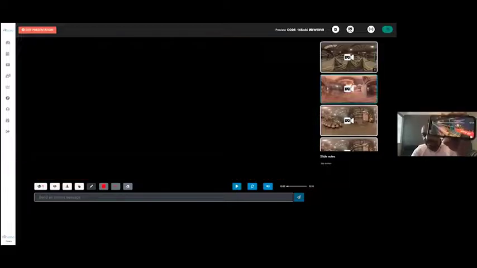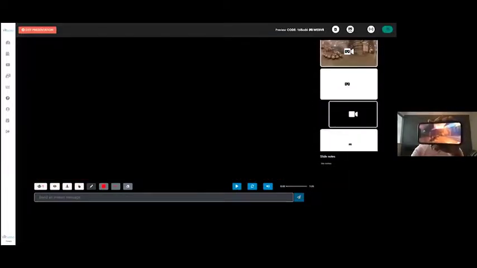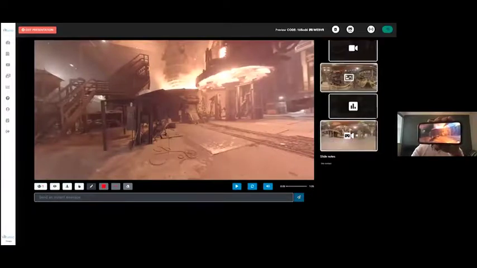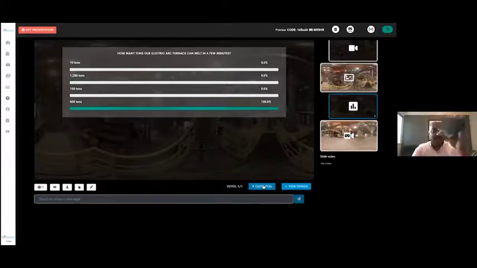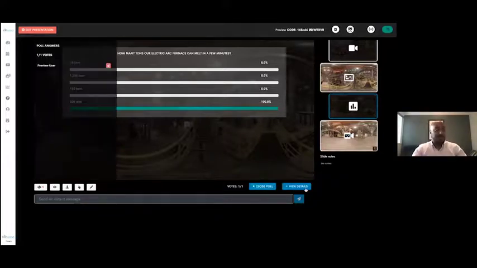And then they can navigate through the presentations by themselves, consume the content using the web browser, the VR headset, or the mobile phone app, as and when it suits them. I'm just sharing here the poll. So if I answer it and I press next, you, the presenter or the inspector, have full visibility of what people answer in real time. So you can kickstart the conversation, and you can help people learn better and learn quicker.